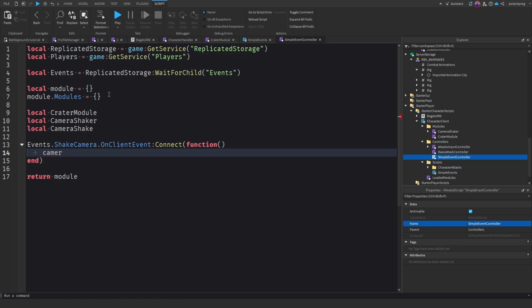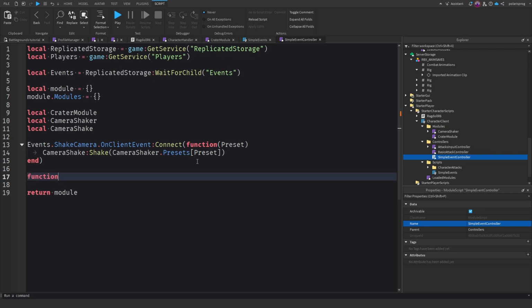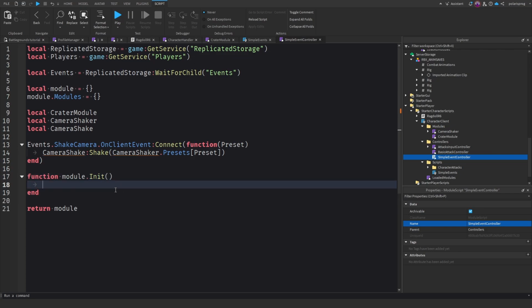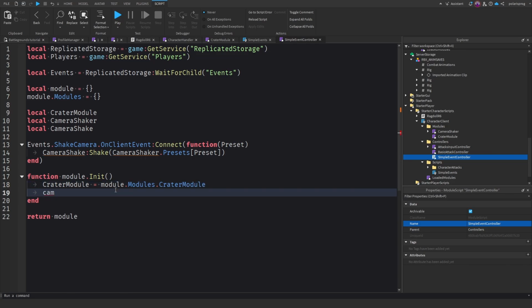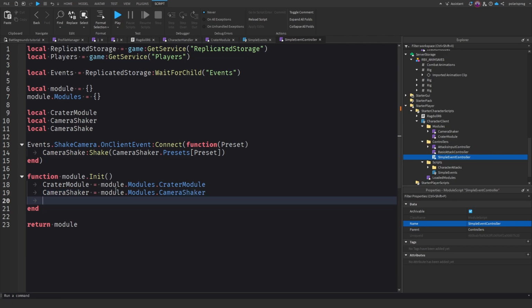So camera shake, not shaker, colon shake, and then that's going to take the camera shaker dot presets square brackets preset, and in here we're gonna send the preset, and now we need to have a function module.init, and in here we're gonna do the creator module is going to be equal to module.modules.creator module, and camera shaker equals module.modules.camera shaker, and camera shake is going to be equal to camera shaker dot new, and I'm just going to